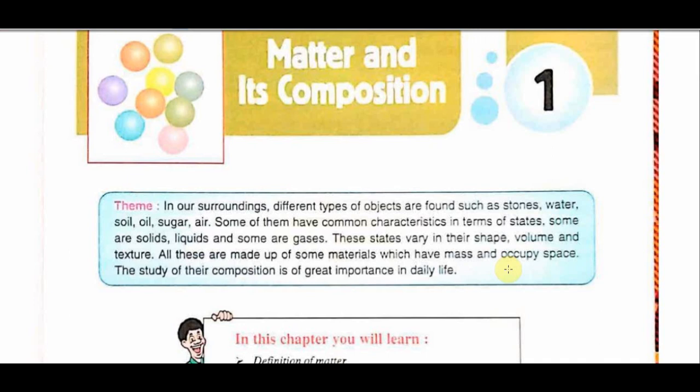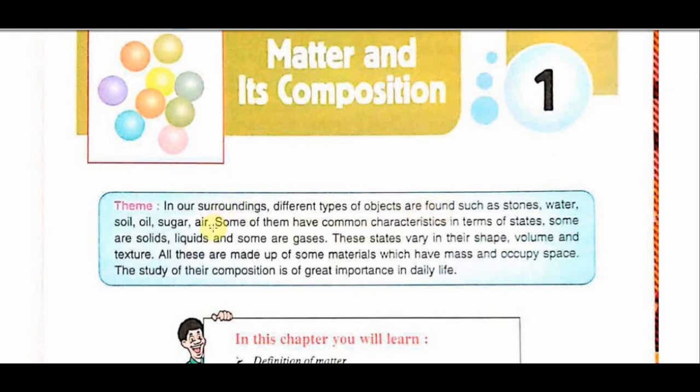This is class 7 chemistry class, chapter number 1, session number 1. The title of the chapter is matter and its composition. The theme of this chapter is that in our surroundings different types of objects are found, such as stone, water, soil, sugar,